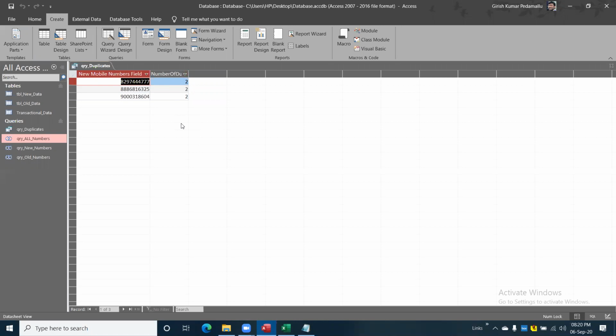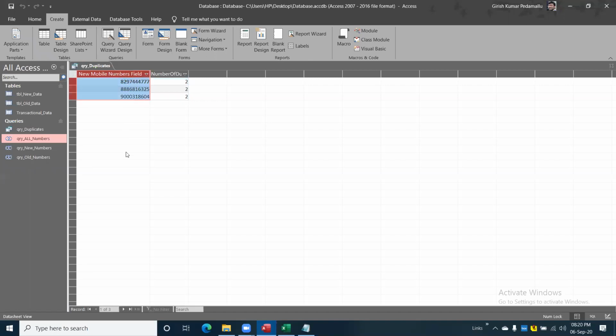For example, if you want to see how many times it got repeated, it is showing. If you want to have the column name showing where it got repeated from, we need to add another column in that query, to show where this number is coming from. As of now, my outcome should be what are the duplicate values, right?